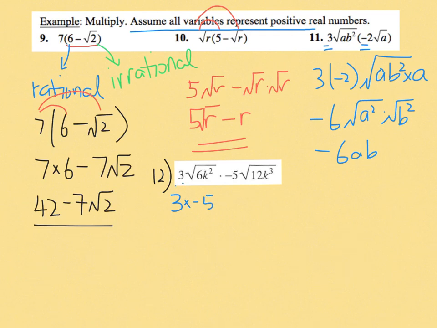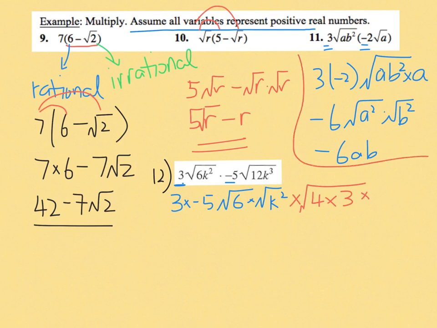I'm putting the two rational parts together, and write square root of 6 and square root of k squared times square root of 12, which can be rewritten as 4 times 3, times square root of k cubed, which is square root of k times square root of k squared times k. And from here, 3 times 5 gives me